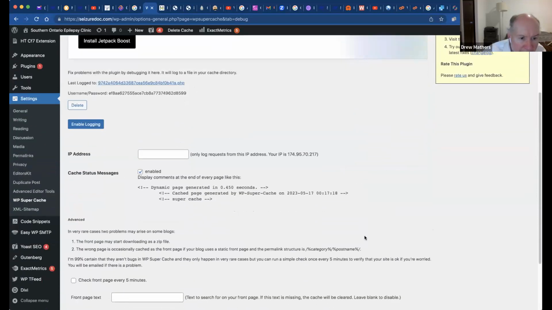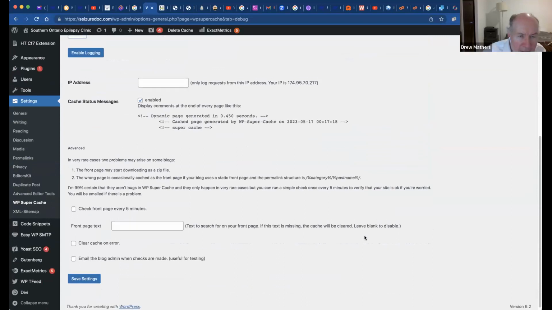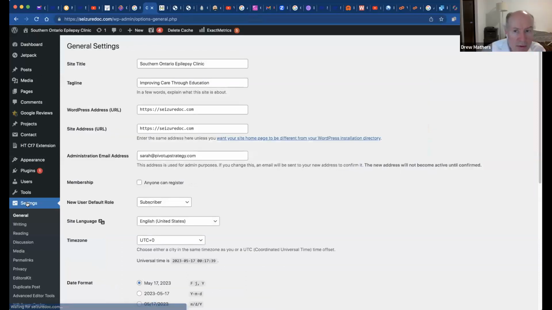Okay. No, maybe I'm wrong. Maybe Super Cache doesn't do that. I thought it did. Okay, so if Super Cache doesn't do that, then that's not your problem.